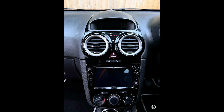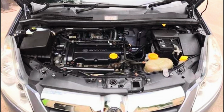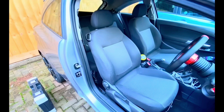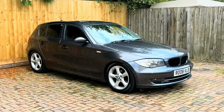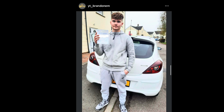So originally I did buy the Corsa, yes, but what was actually meant to be the car I first started driving in was a BMW. The Corsa was basically a car to learn to drive in before I actually passed my test. And once I passed my test, I would have been driving a BMW 116. So all was going to plan until the day I passed and I went to go insure the BMW, and